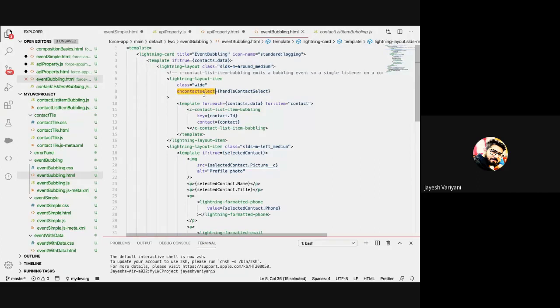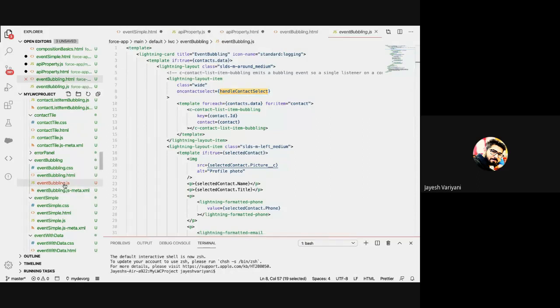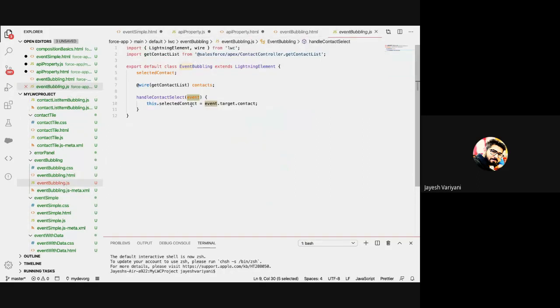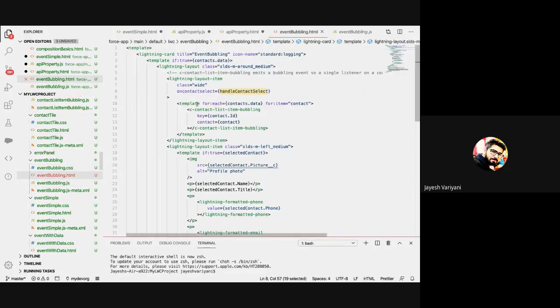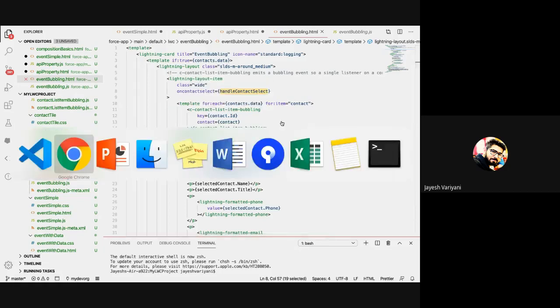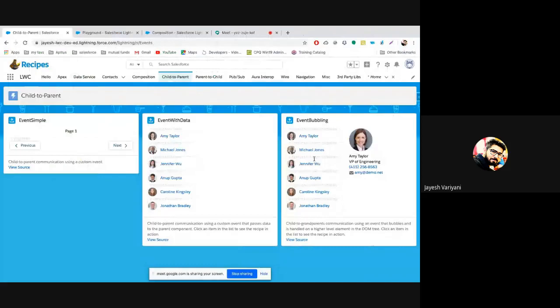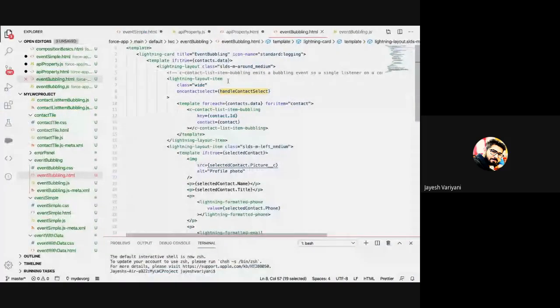Now on contact select is calling this method handle contact select. If you see this handle contact select, it is just getting the selected contact here and displaying it there. But the event doesn't stop there.